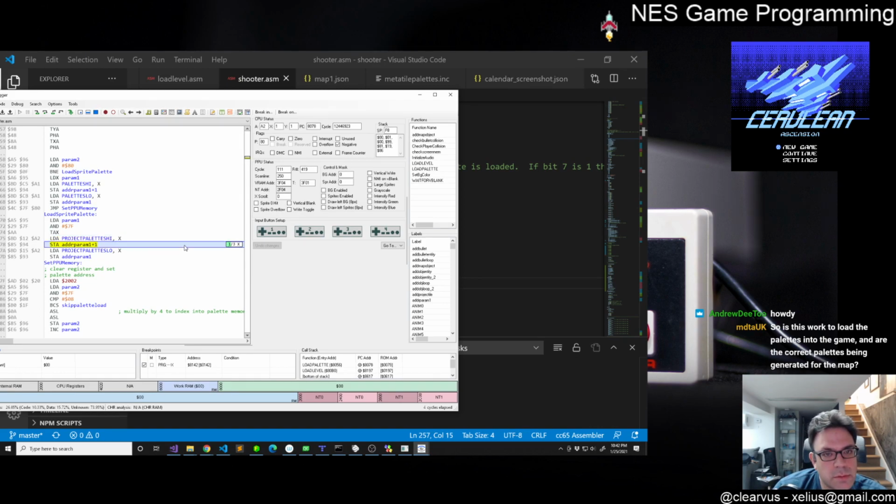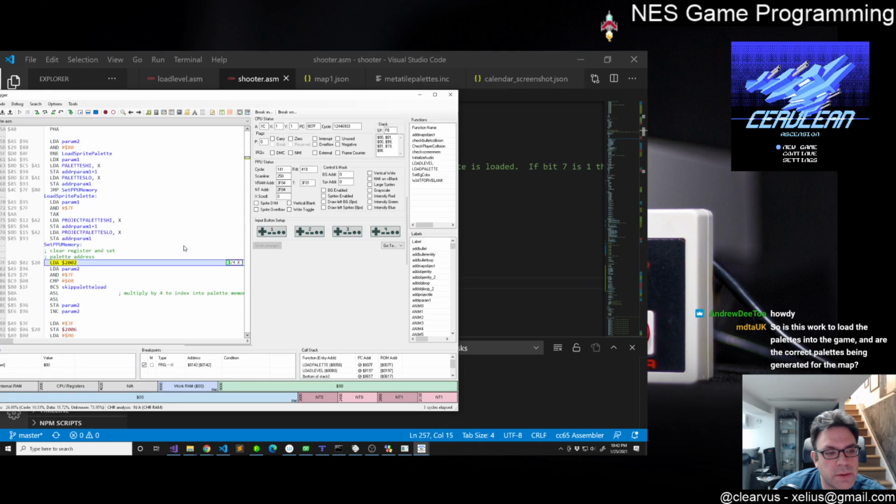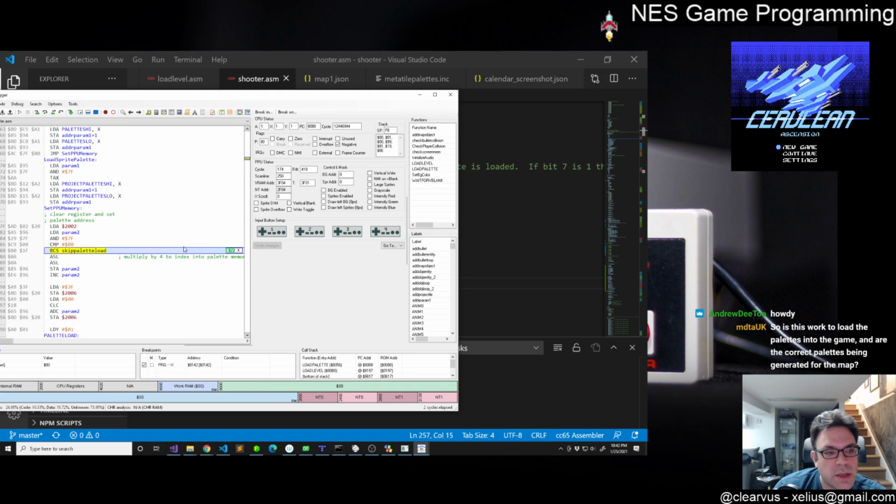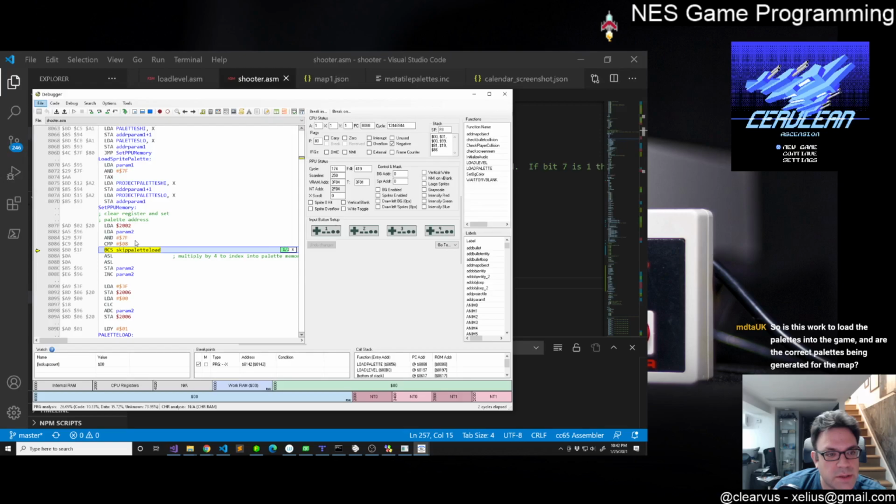But load a palette high, address param1. Okay. It loads that, param2. Oh, okay. It does do that. It compares it, and it branches if carry set. It's not set because